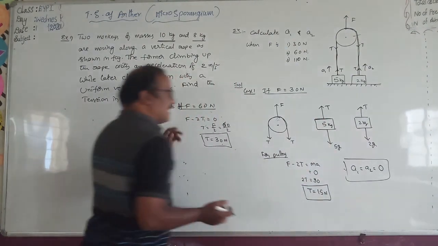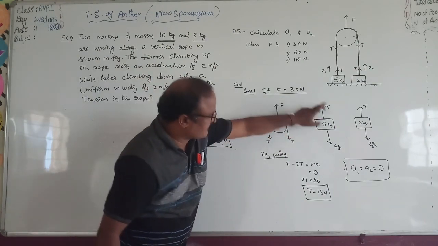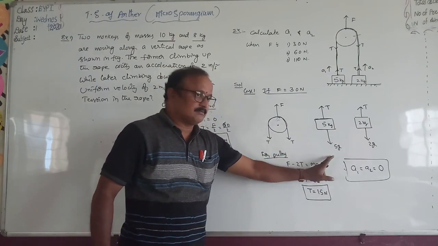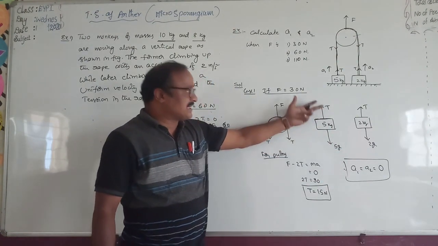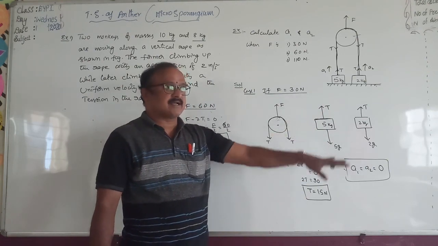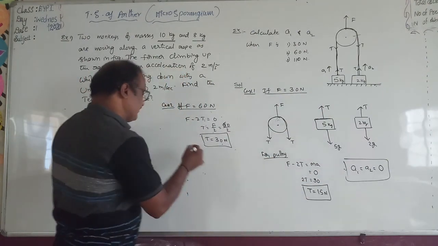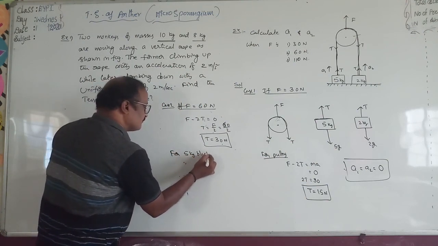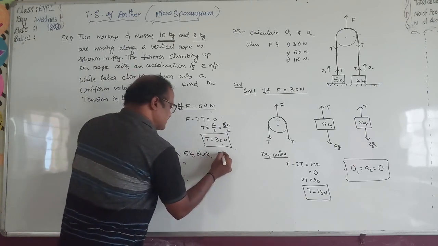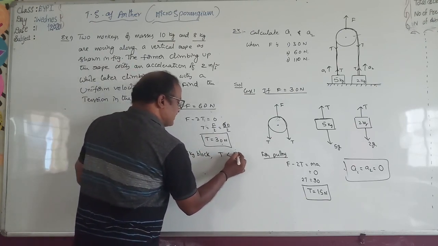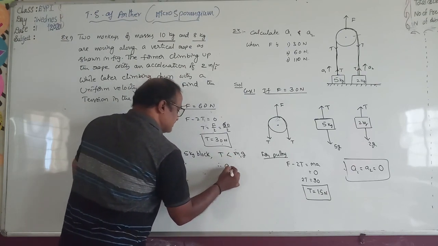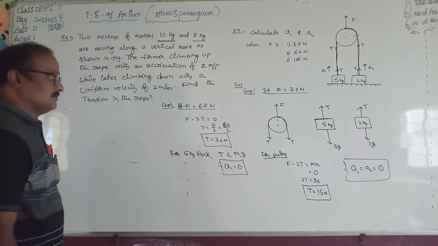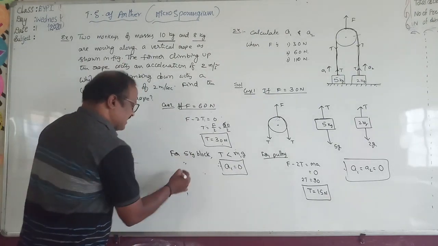Next, for the 5 kilogram block, the upward force is T equal to 30 and the gravitational pull is 5 into 10 is equal to 50. The gravitational pull is more than the tension. That's why the 5 kilogram block is not lifted from the ground. Therefore, for the 5 kilogram block, tension is less than its weight, so its acceleration a1 is equal to 0 because it is in contact with the ground. It cannot be lifted.